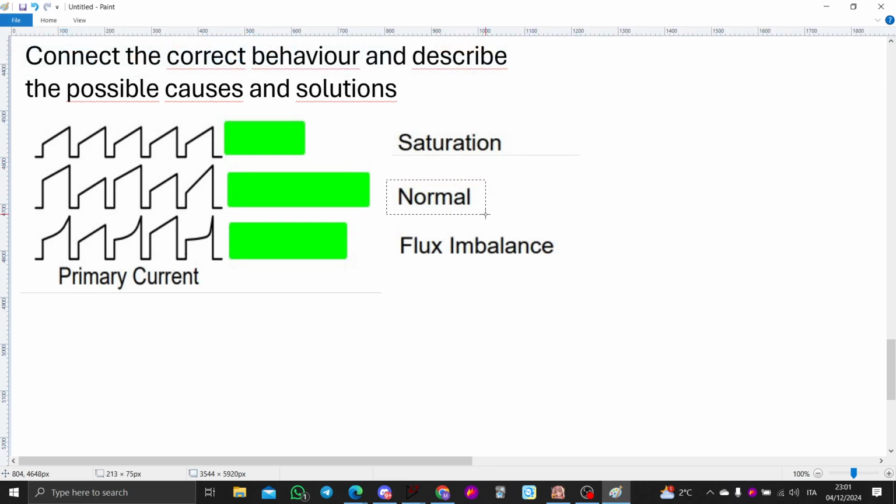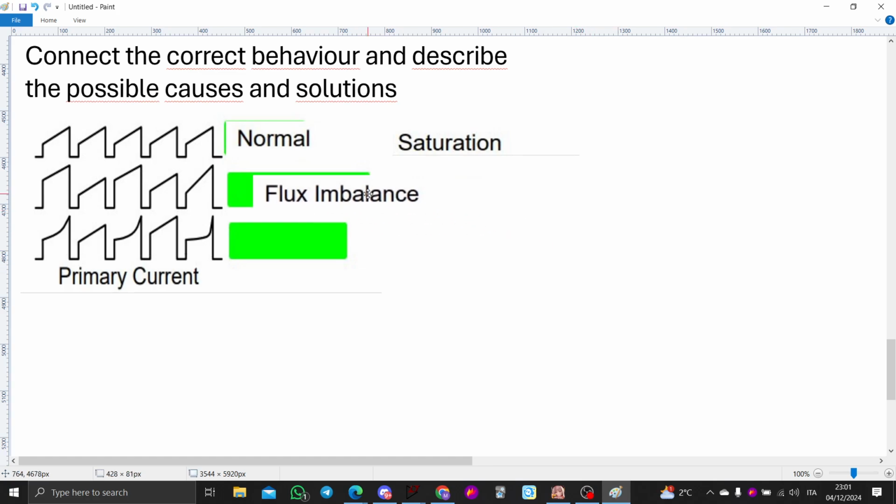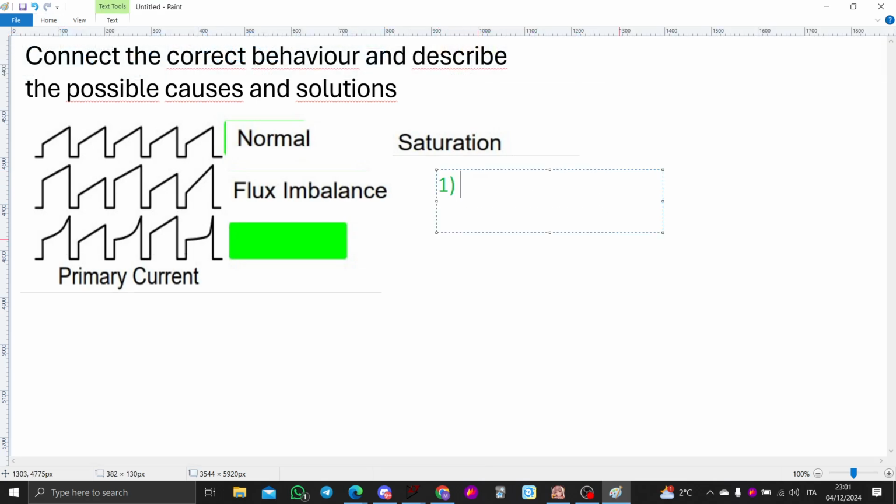The first is the normal. So let's take this to this. The second instead is flux imbalance. And why can you say that? The flux imbalance is mainly given by an increment of the maximum and a diminishing of the minimum, because we can have, basically, first, asymmetry of applied voltage